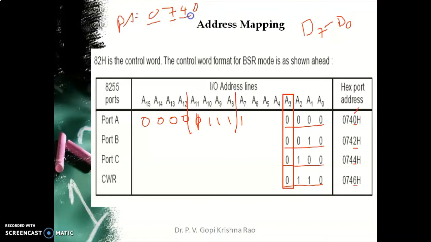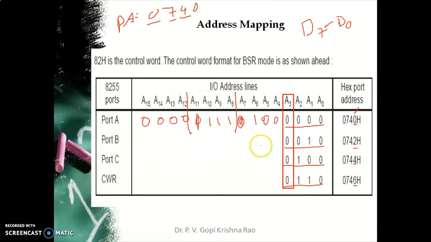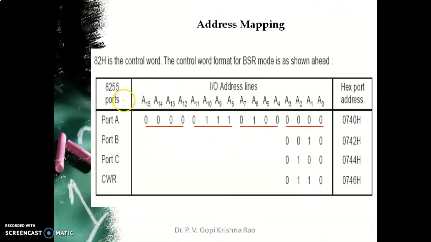In the remaining 4 bits, 4, 0, 1, 0, 0. And this has to be copied into all the locations. Remember here we are using IO mapped IO, so we will not have a 20-bit address. We will only have a 16-bit address. This is in IO mode of operation. 8086 only uses 16 bits of address. So we have to fill in the remaining 0, 7, 4, 0.